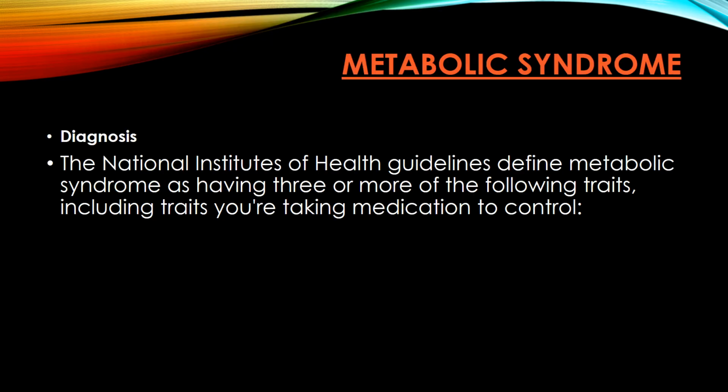Metabolic syndrome, basically when you talk about syndrome, it's a bunch of different things that happen, and we commonly see them come together, but there's no rhyme or reason for it. One of the biggest syndromes that I